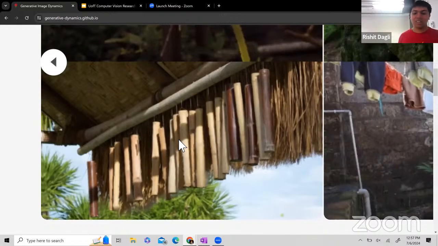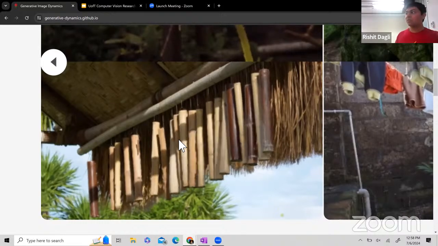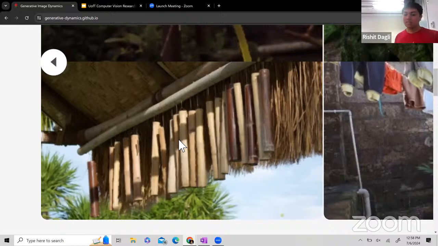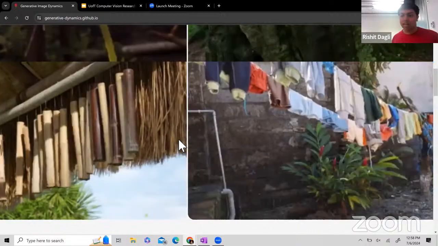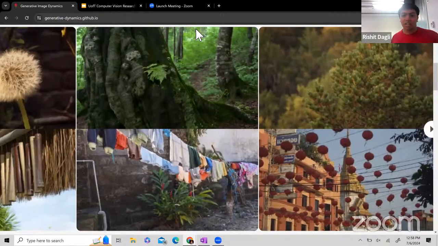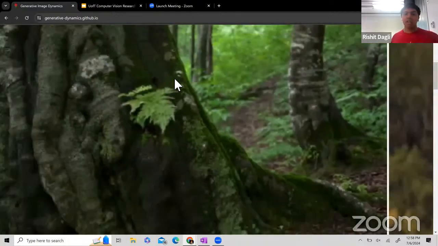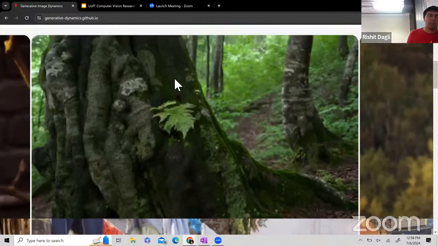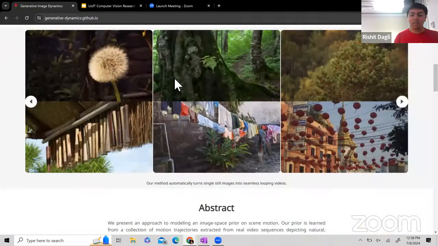So I guess this is a problem you can just solve by increasing resolution, but yeah, this is an interesting problem. And some of their other problems, at least from what I observed, is that if you see stuff like this, for example, we do want it to be idle motion, but all of their motion is quite limited to single objects. And this is also quite visible in the demo.